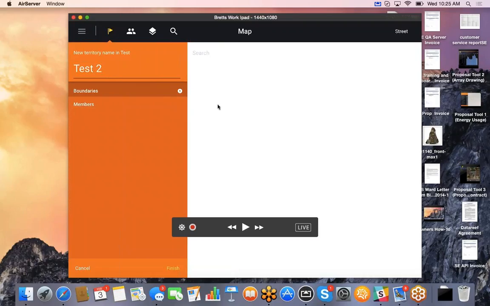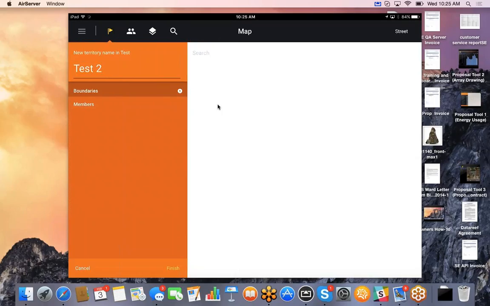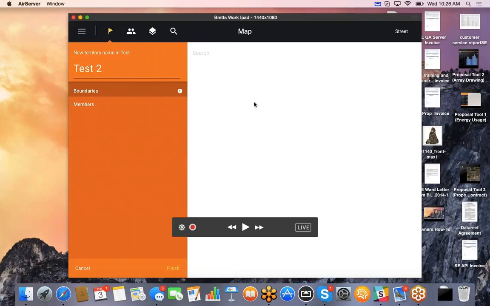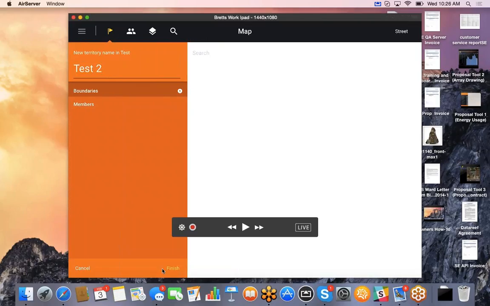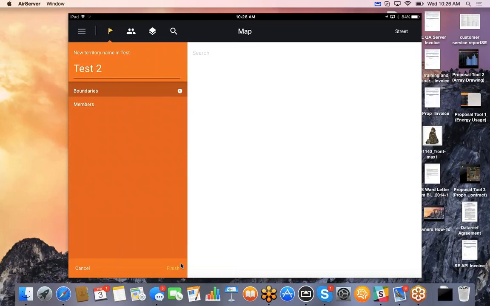It's going to take a moment to load all of the potential members inside of the application itself. Once these do load, just like in the organization, I'm able to add them to that territory and create the territory. Now, the difference will be when I add somebody to this territory and click finish, at the end of that, what will happen is whoever I have assigned as a member of that territory will